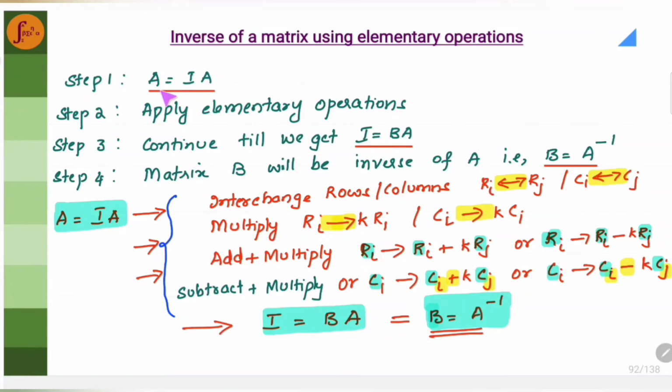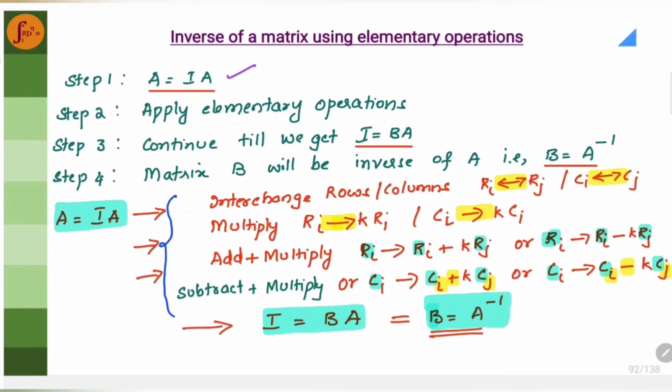First step is, you will have to start by writing this. This is the first step. Write it as A is equal to I into A. I is the identity matrix. So you write it like this. Apply all of these operations, right? You keep on applying this. It's not once, twice. You can keep on applying this as many times as needed until you get I is equal